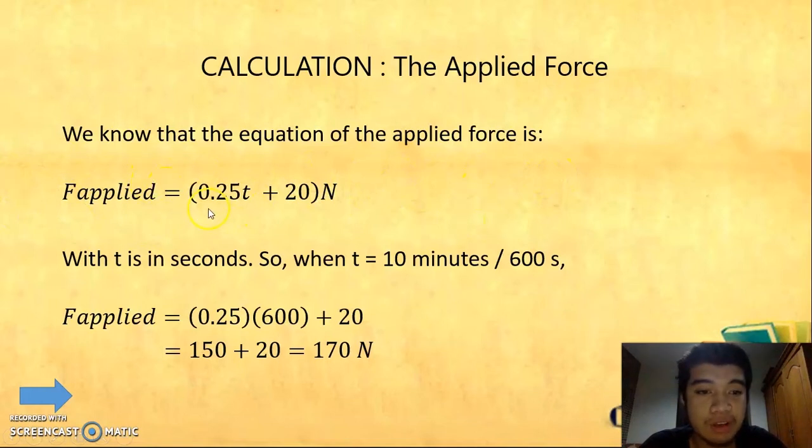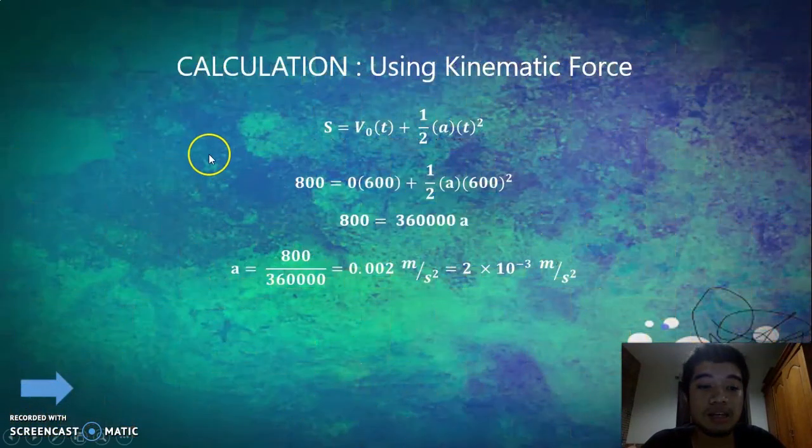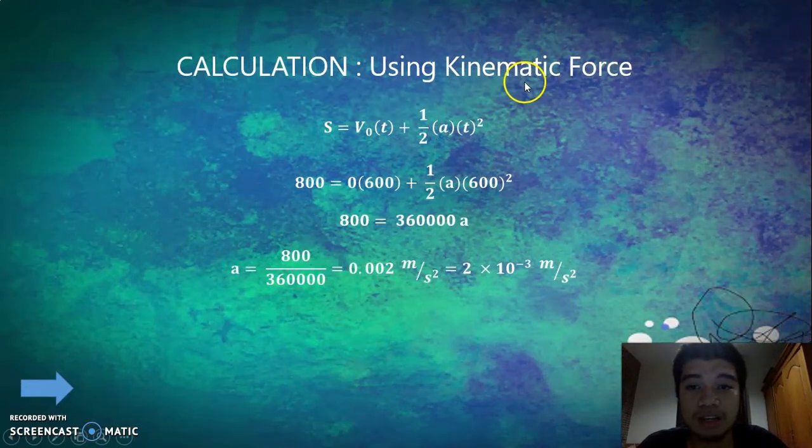After we analyze the graph, F applied is equal to 1/4 T plus 20 Newton. With T in seconds, in our case T is equal to 10 minutes, so we have to change this minute into seconds. After we got it, we plug it into the equation, and then we got F applied equal to 170 Newton. Second is the calculation using kinematics. Since in our case, when T is equal to 10 minutes, S is equal to 800, and V0 is equal to 0,